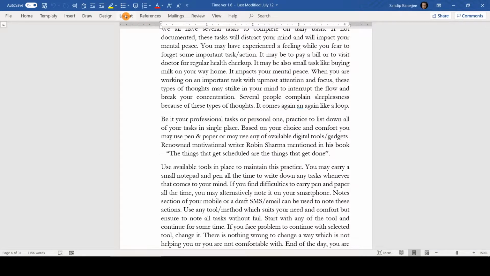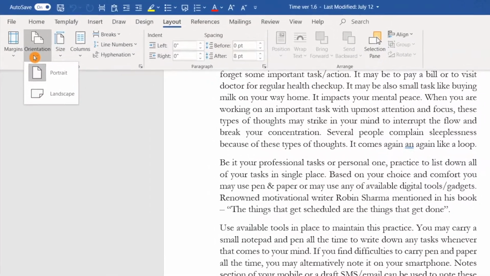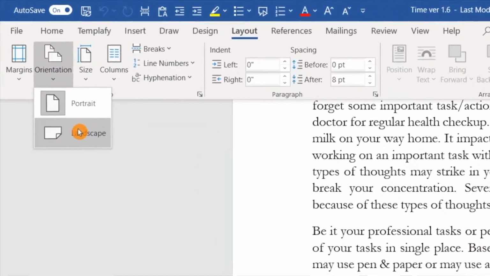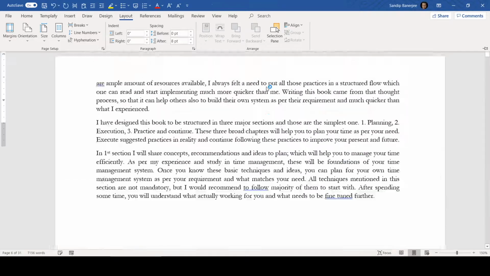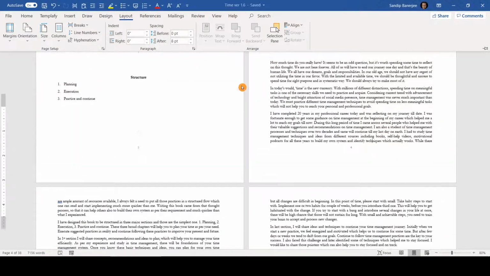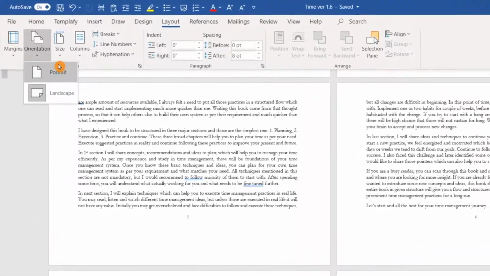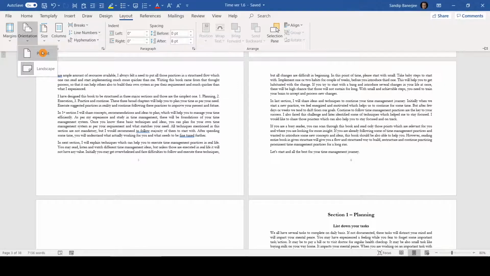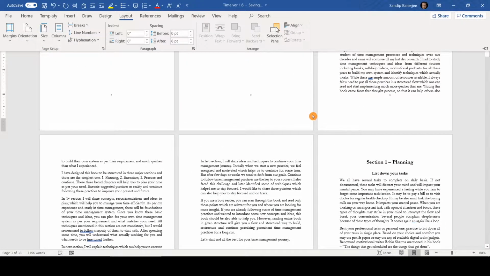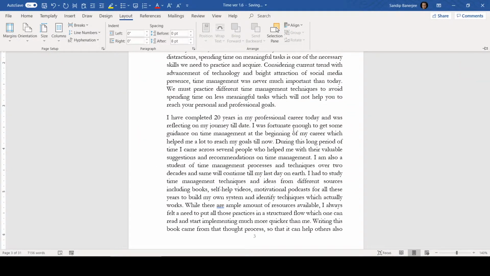Now if I go to this layout tab, there you can see orientation and this particular drop down. If I select landscape, my entire document will become landscape, and if I click on portrait, again my entire document will be in portrait. So let me go back to the portrait mode again. If you follow my mouse here in the left top part of the page, let me click on portrait again. So my document will be back to portrait. Now let me show you how you can do that.